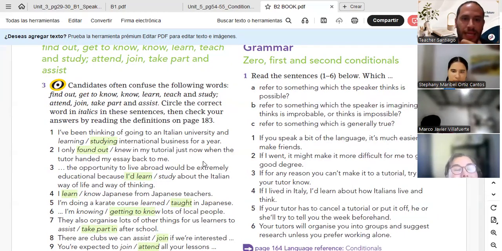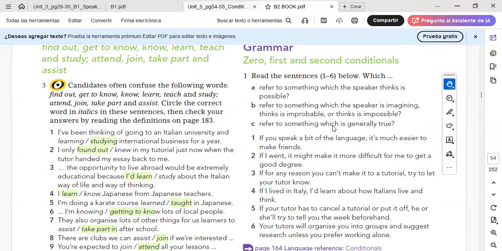No se preocupe. Katie, ¿alcanzó a ver la explicación de las palabras, del vocabulario? No alcancé, pero en tal caso ya después veo la clase. Avance con lo de los condicionales. Katie, en realidad no tengo ese conocimiento. Y en el chat le aparece el documento. No me aparece nada en el chat. Ya se lo envío. Give me a moment. Eso no se demora nada. Gracias. Listo. Esta explicación de palabras, aunque esta es mucho más sencilla, ¿sí? Son palabras mucho más sencillas de diferenciar el uso.